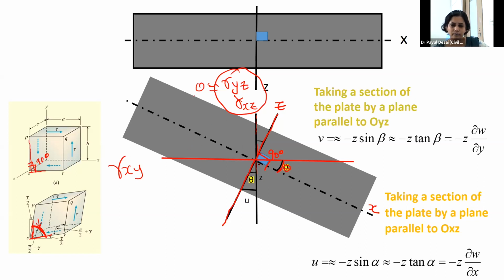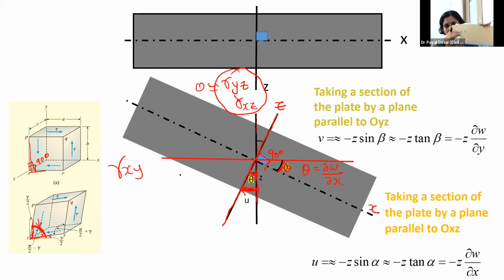Now you can see here how we can simplify this. You can take the tangent or the small theta, and you may write the component of the horizontal displacement, that is u, as minus, it's going in the negative direction. You can see here the z axis is here and it's going in the negative direction, minus z times maybe sine theta or tan theta. But this theta is just the bending rotation, and you know the rotation theta gives you del w by del x, and on the other plane you have del w by del y on the other side.